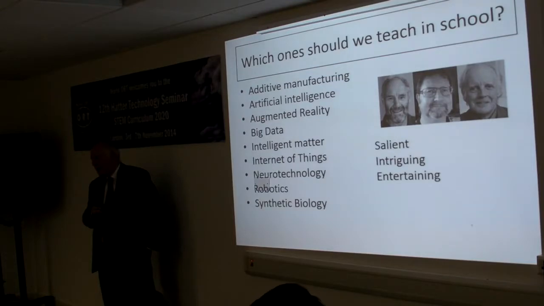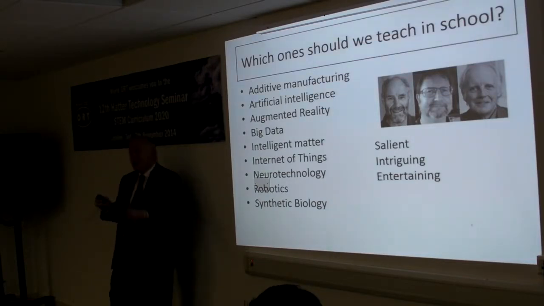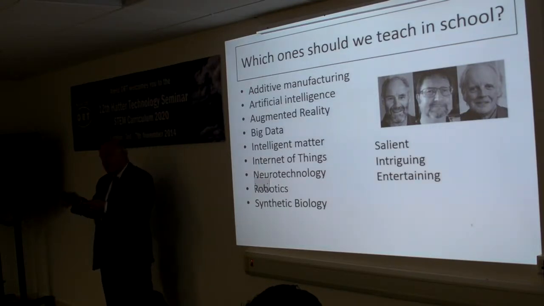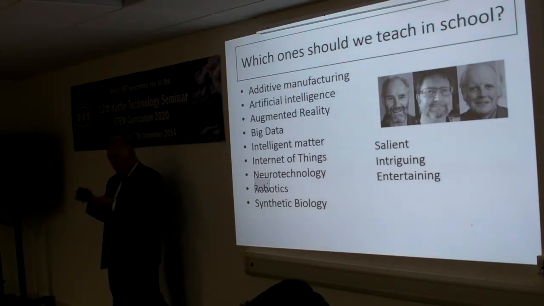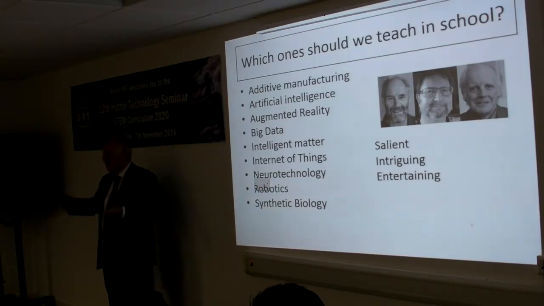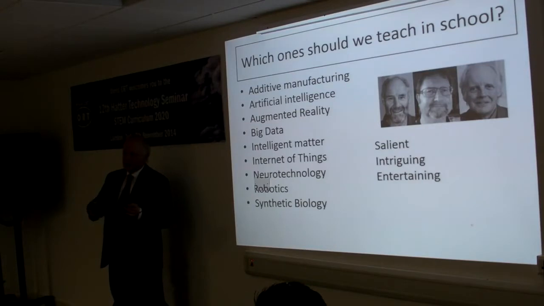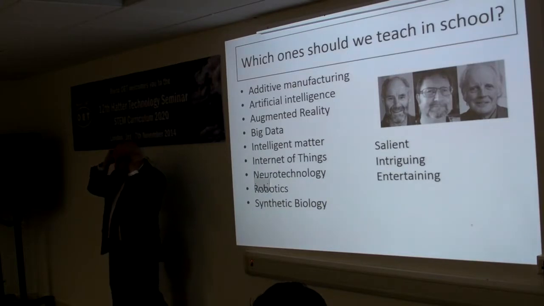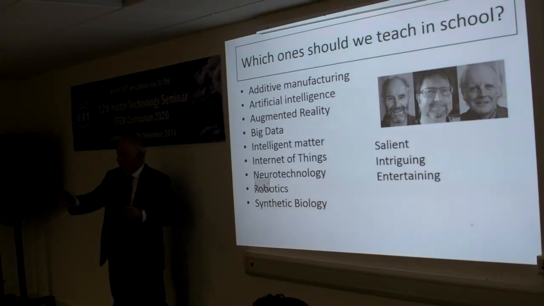Just wonder if everybody understands the language. Anybody want any clarification? Intelligent matter. Well, that's the sort of matter that can be programmed to behave in a particular way. Smart materials is an extension of that. I mean, the people at MIT have got materials that they can program. When they put an electric current in it, it folds up like origami into particular shapes. Neurotechnology is to do with the way the brain works, and we now know that we can actually put devices on people's heads, get them to think, and get things to happen at a distance in computers and in machines.